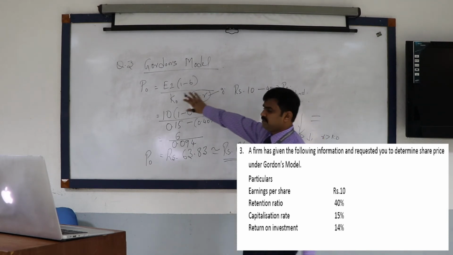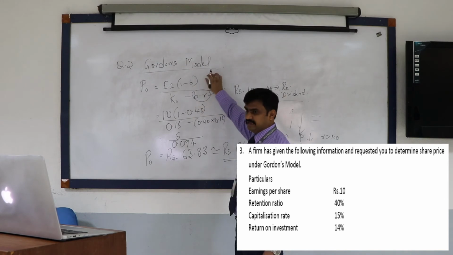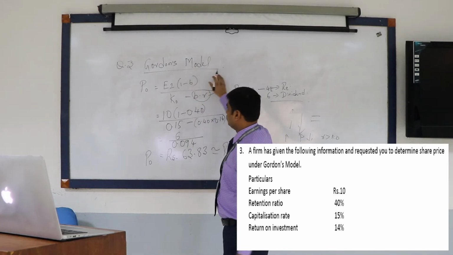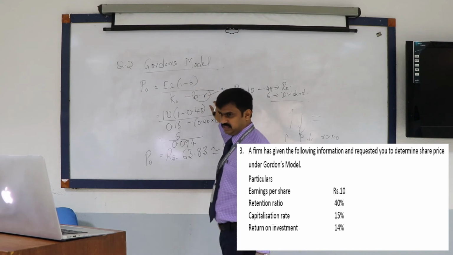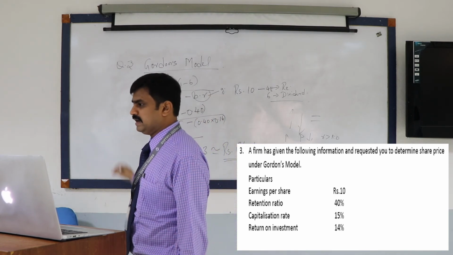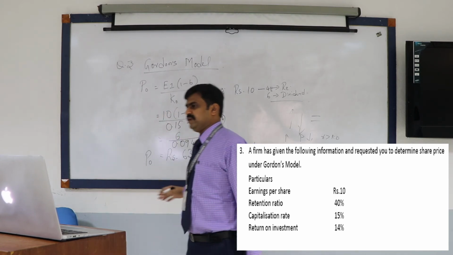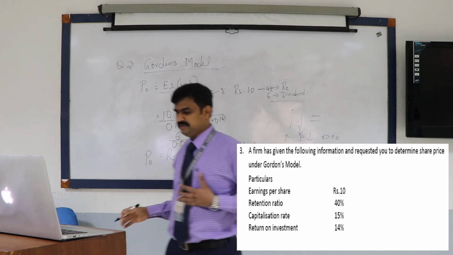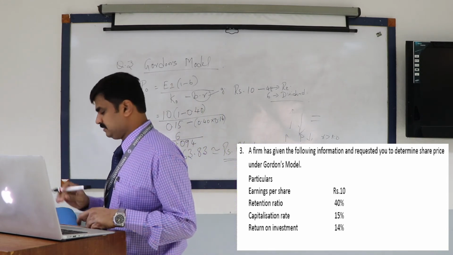In this formula, dividend is nowhere available. You cannot see dividend D anywhere here. In Walter's model, he has given D, but here he has not. Here more focus is on the retention, because this model says that the company depends more on the retained earnings. They don't have any external financing. Whatever they earn, they try to retain, and from that they want to use it for the future expenses and future development of the company.